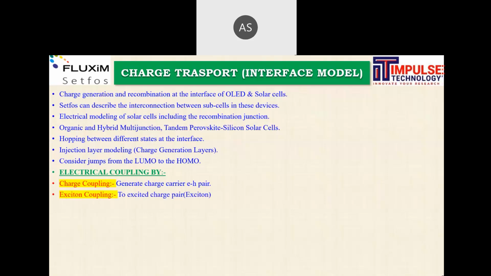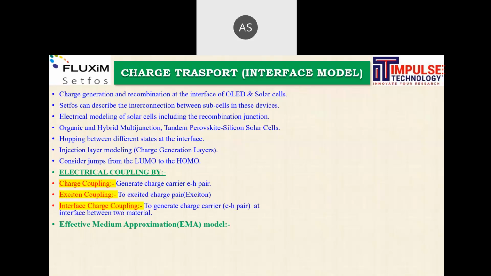You can define charge carrier electron-hole pair generation, exciton and excited charge pair generation, and electron-hole pair interface charge between two different materials. So coupling models are there for different materials, exciton and charge coupling.